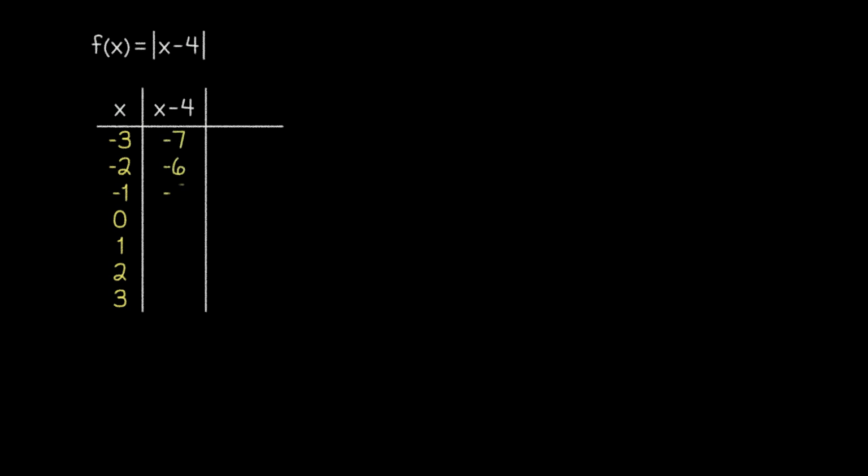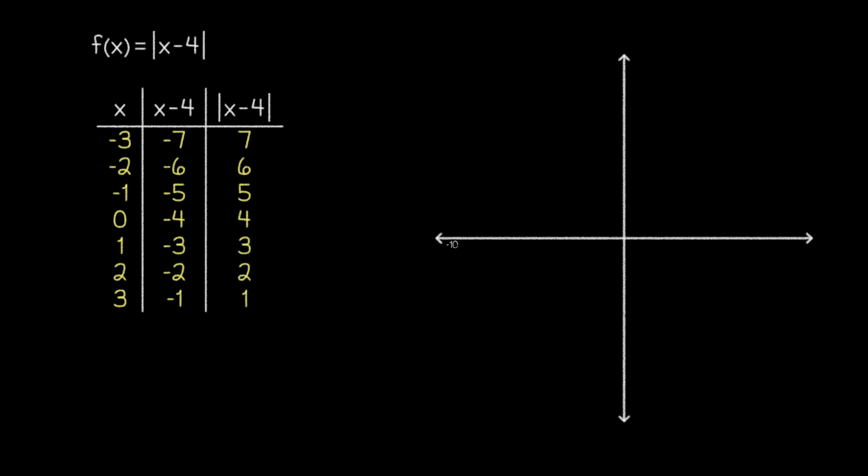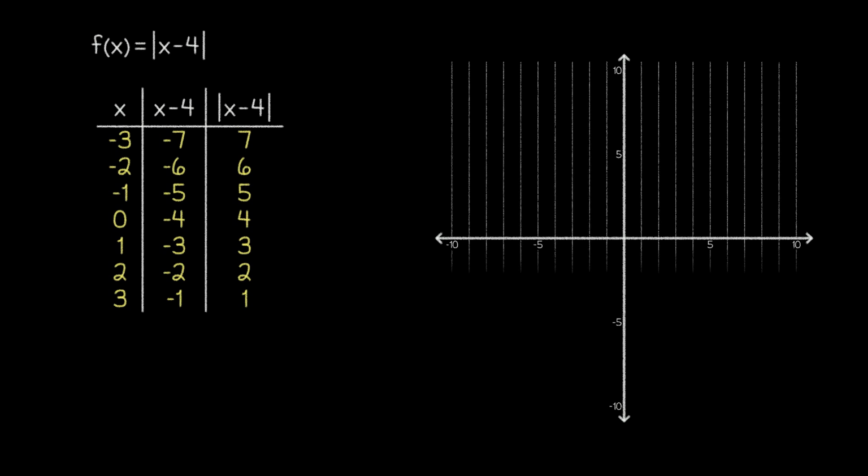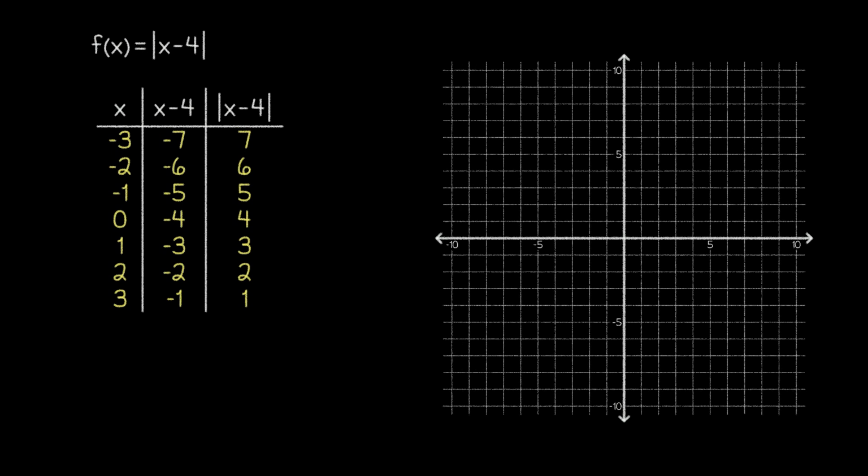For our next function, let's consider f of x equals the absolute value of (x minus 4). We'll once again use the 7 key values as our inputs, and this time, we'll also make an extended table of values to show the steps of the evaluation process. Then, we're ready to graph our points. As we plot each point from our table, we start to see the shape of the graph. And as we finish plotting, we can see that all of these points fall in a straight line.